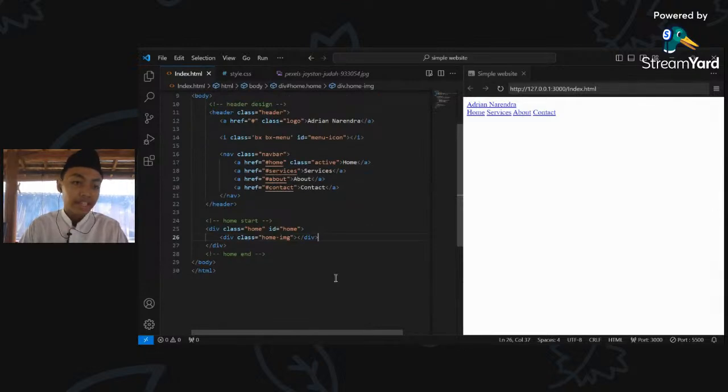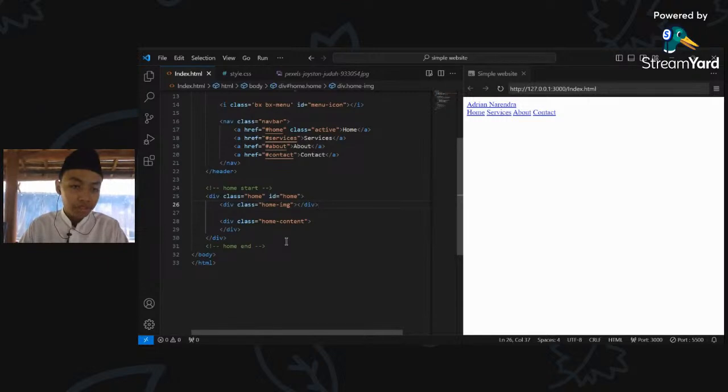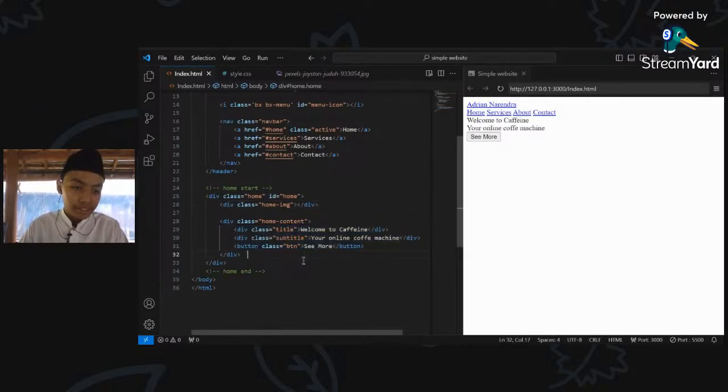First, make a div with the class home and the ID home. Don't forget the ID. And then inside that div, make a div again with the class home image. And the home image, don't fill it with anything because we'll fill it in CSS later. Okay, make another div, home content, which has another two divs inside of it and a button. The first div inside of the div home content is the div title. This is the main title that we'll be using for your website, the big title. Here,